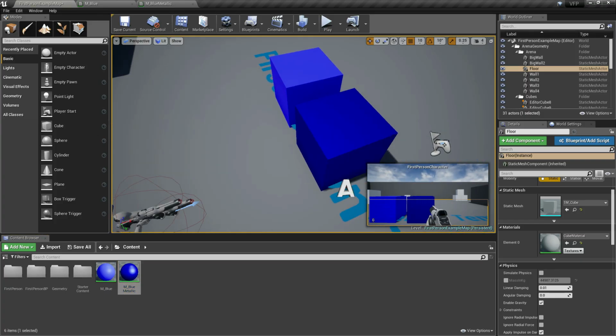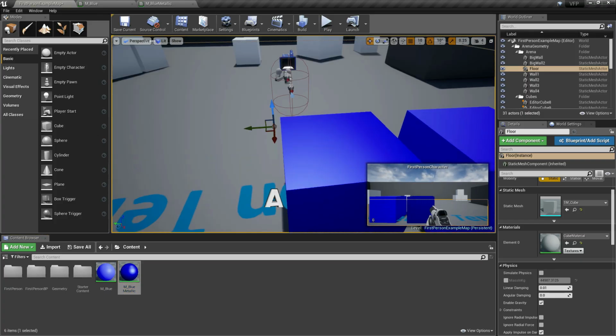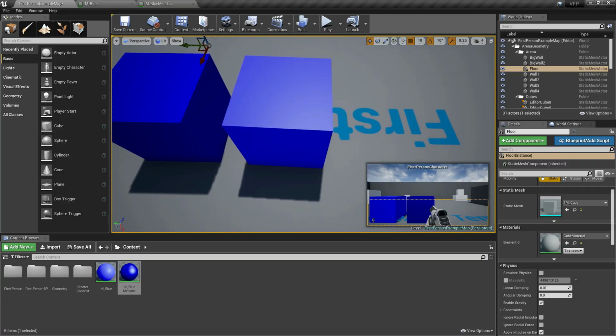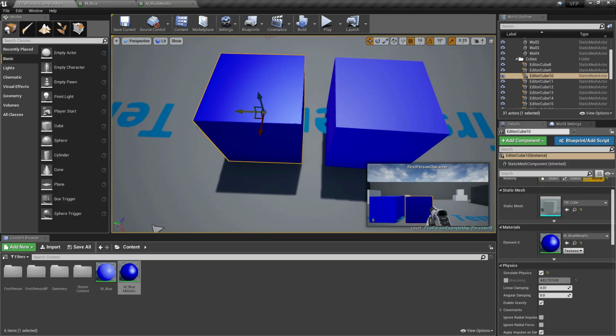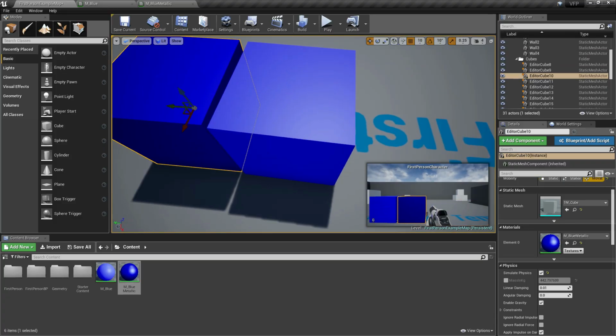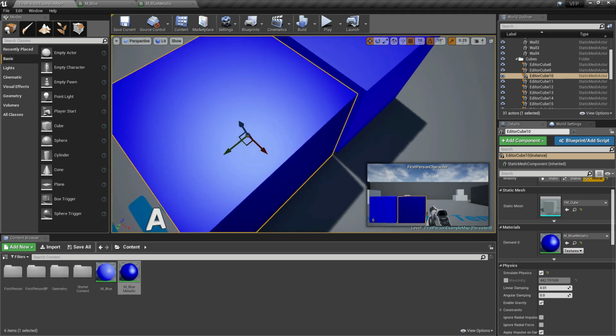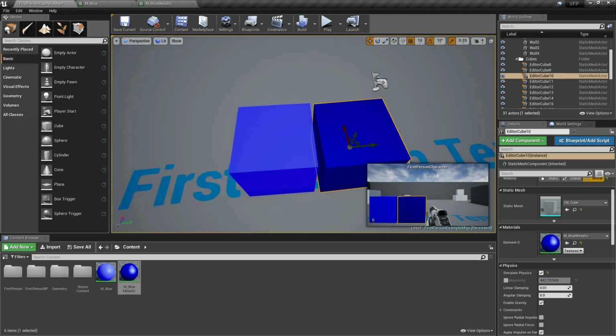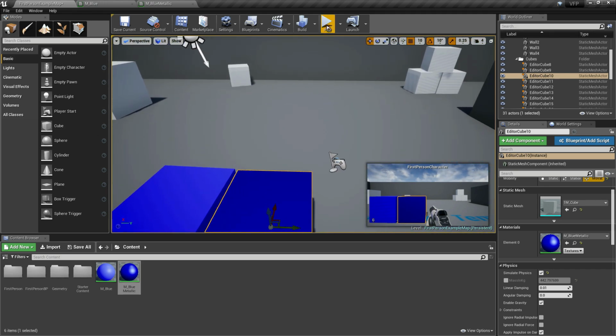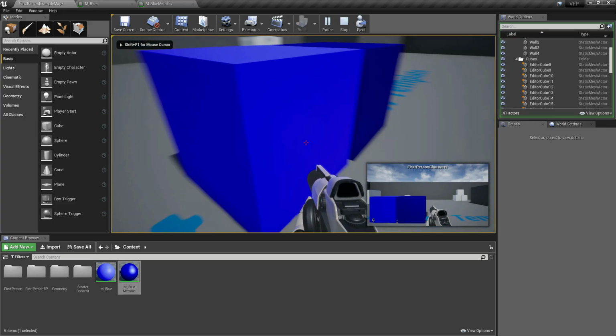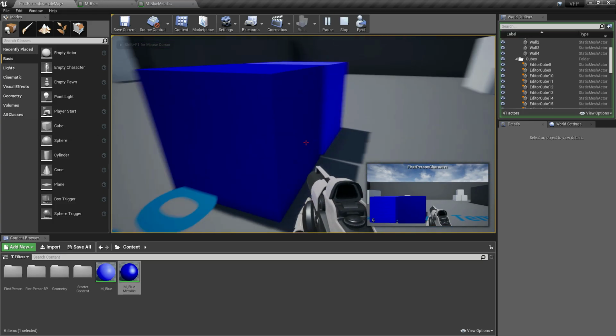And this is the sample of the metallic blue. You see the difference of the basic blue and the metallic blue that we created. So that's how we create our basic metallic material in Unreal Engine.